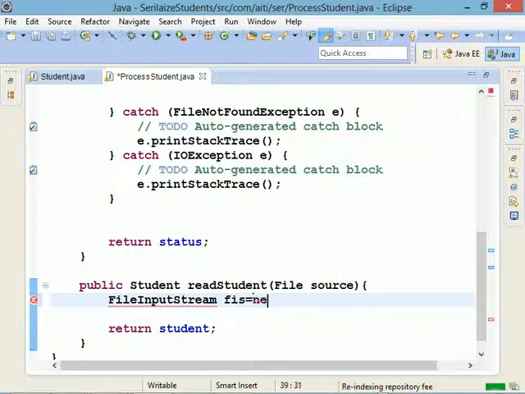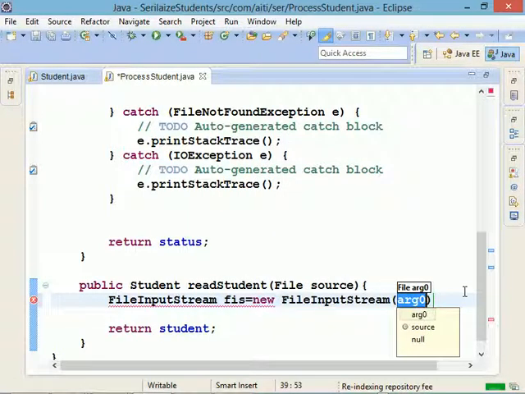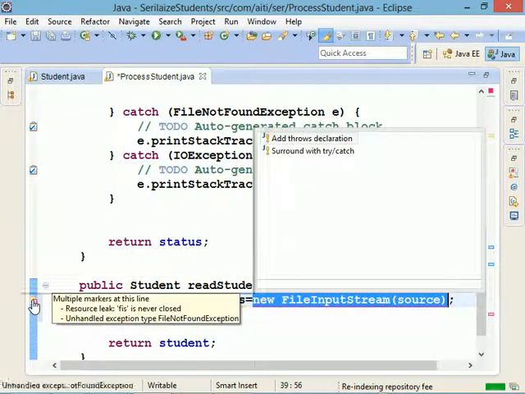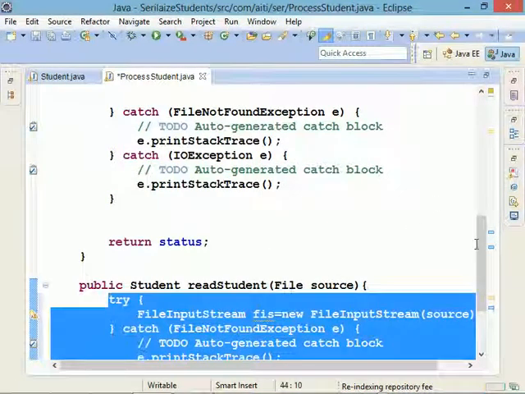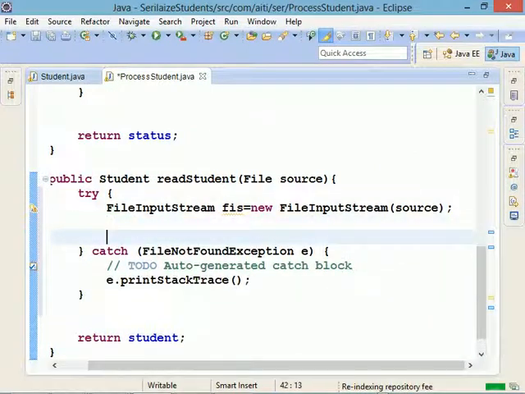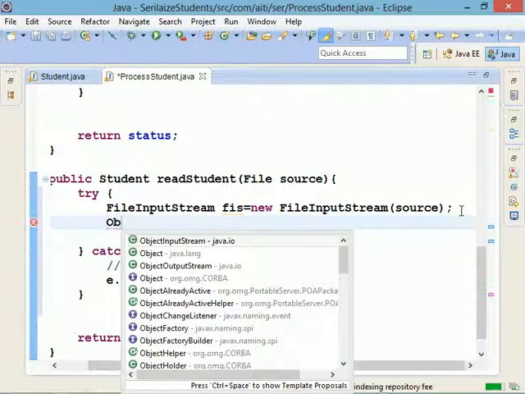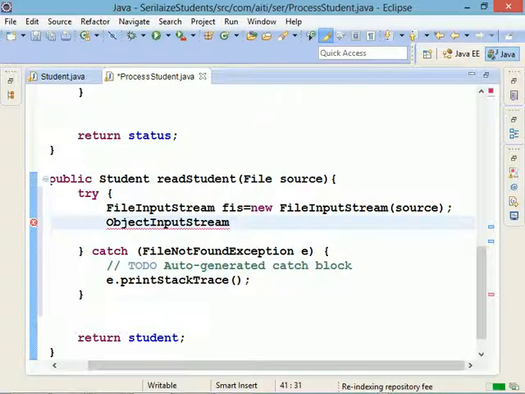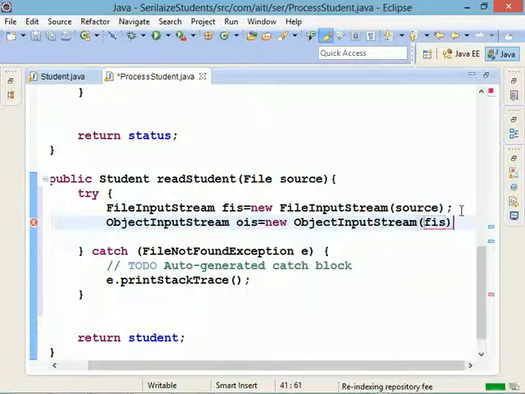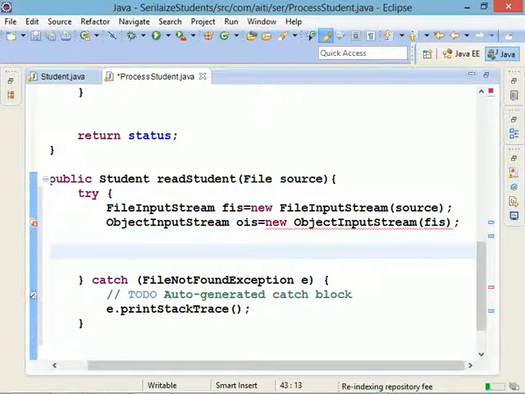FIS is equal to new file input stream. I'll pass the source to it. Just watch what I do. Object. I'll surround it with try catch before I continue. So this, then to read